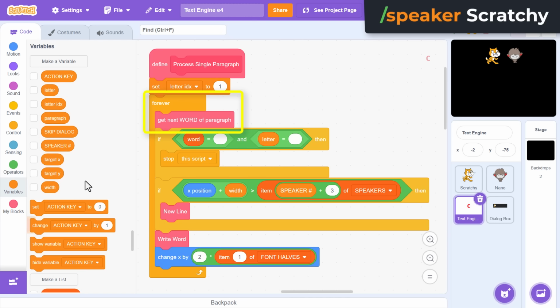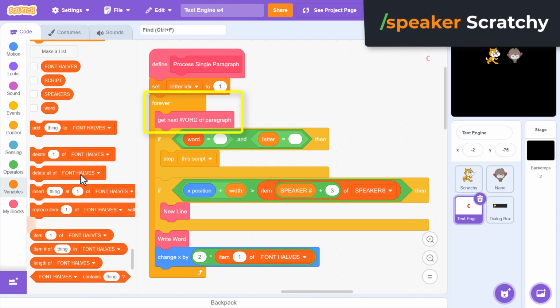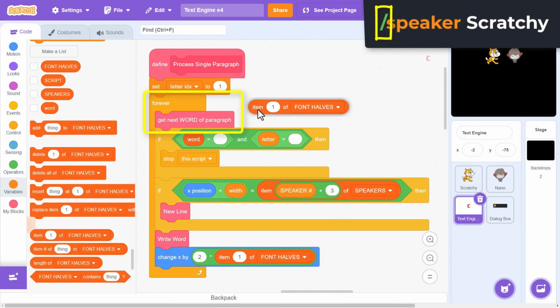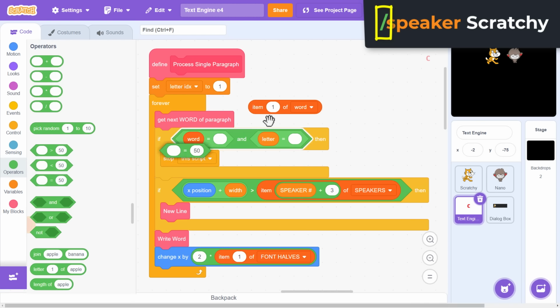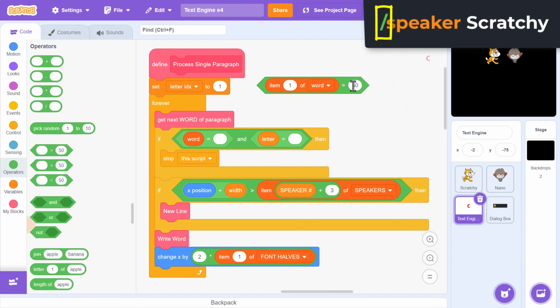So to detect a command, we need to look for words that begin with a /. And we can do that really easily with an item 1 of word. The first item is the first letter of the new word that we just read in. So check if item 1 of word is equal to the /. If it is, then this is a command, and therefore shouldn't be written to the screen like any other word